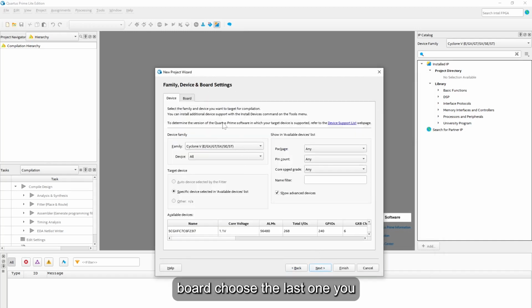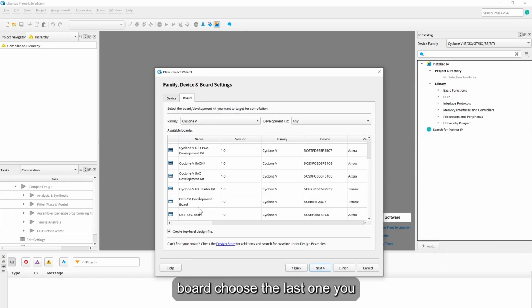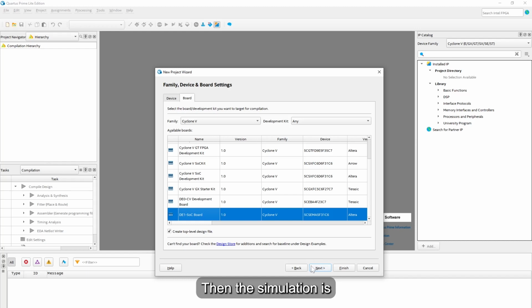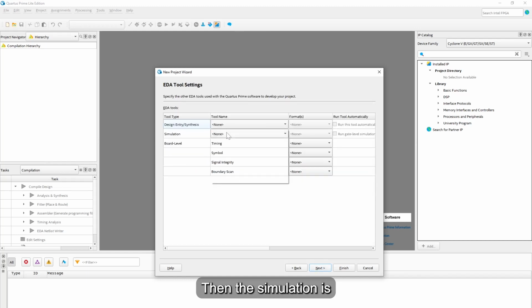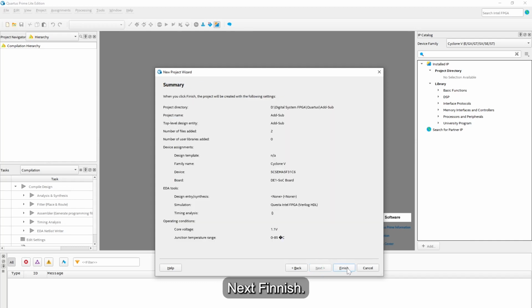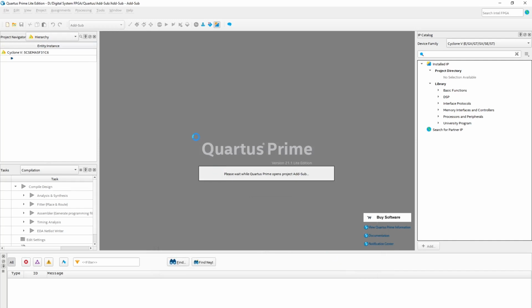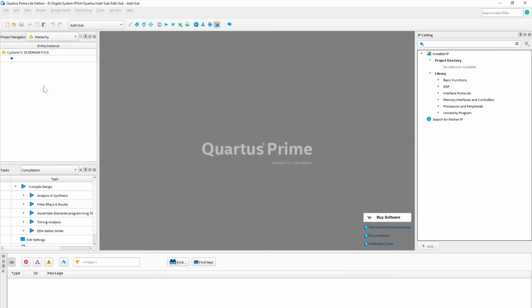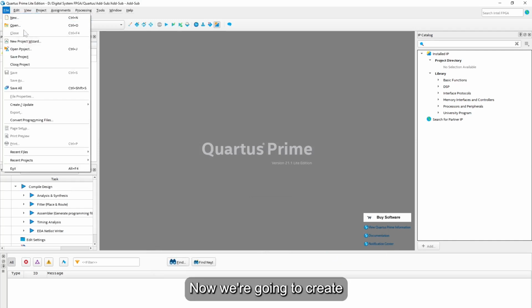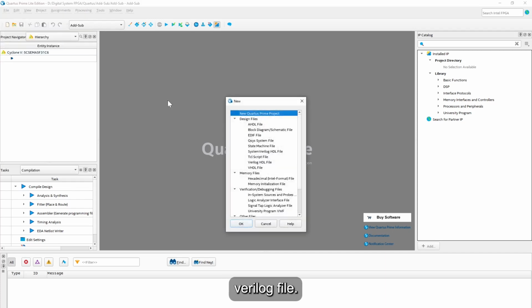Next, we will choose our board, the last one here, and then the simulation is ModelSim Intel FPGA. Next, finish. Now we're going to create a new Verilog file. So go to new Verilog file,